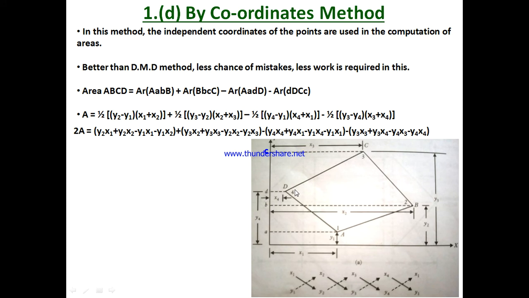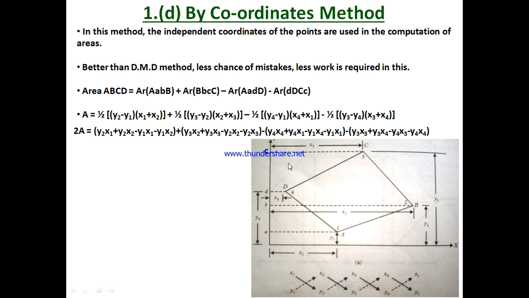Okay, so here the area will be half into sum of the parallel sides, which will be x3 plus x2 here, into height, which will be equal to BC, which will be equal to y3 minus y2. See here. Okay, now we need to deduct the area of these two trapezoids from here.